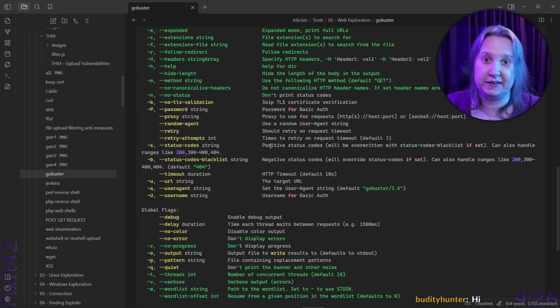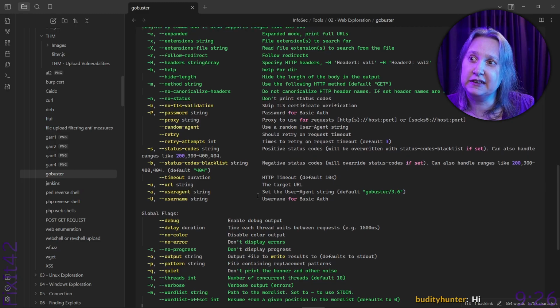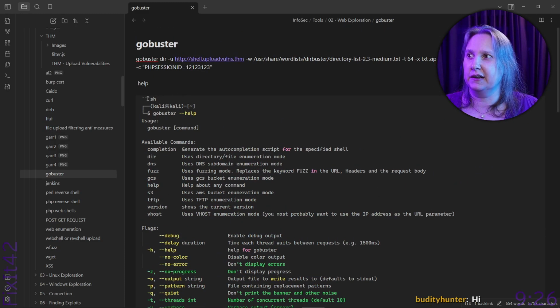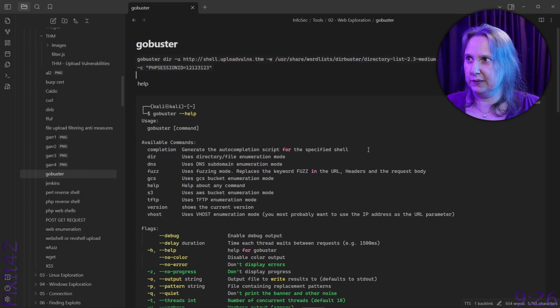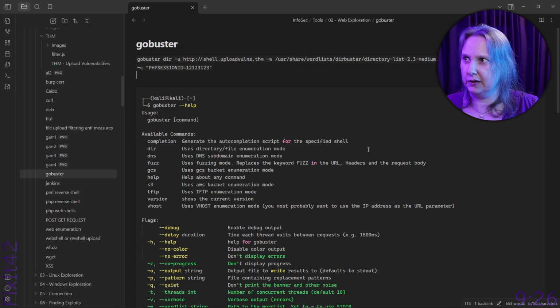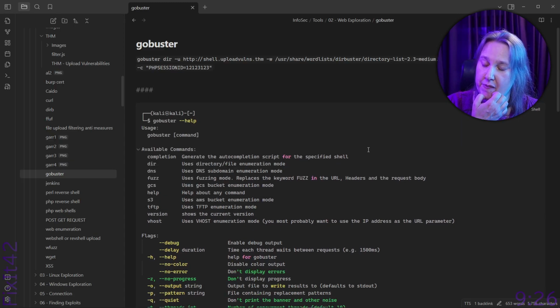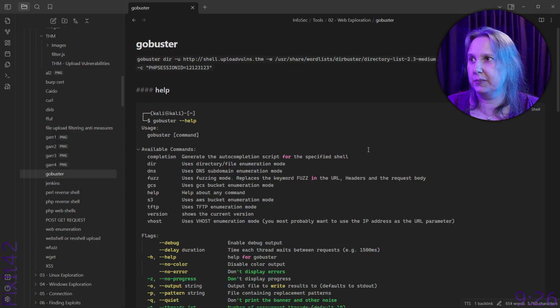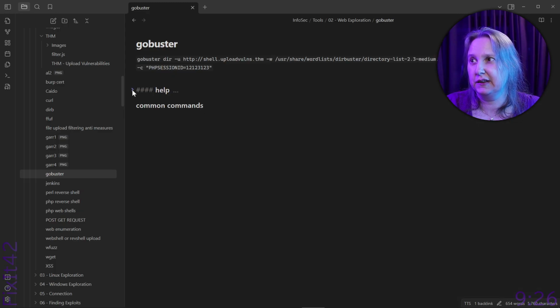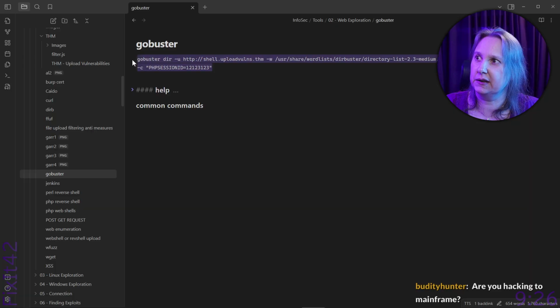So I'm just pasting the help for GoBuster because I'm trying to see if it can do recursive. And for some reason, because this is breaking, let's do this, and we will hopefully be able to do this. What did I do wrong? Let's just delete this and start over. If I do these, I get this is the header and this is the help, and now it worked. So why didn't it work last time? That's a good question. So now I can minimize this and I can put my common commands.